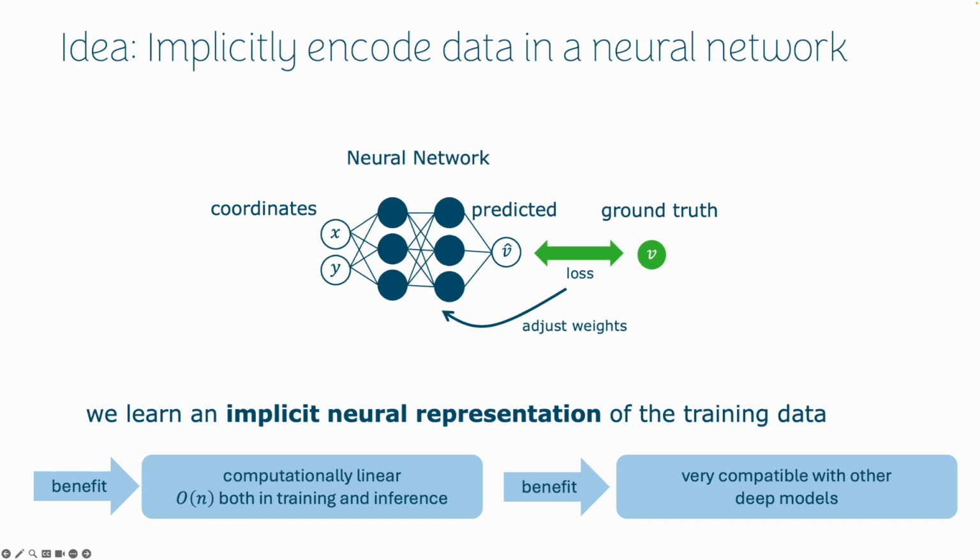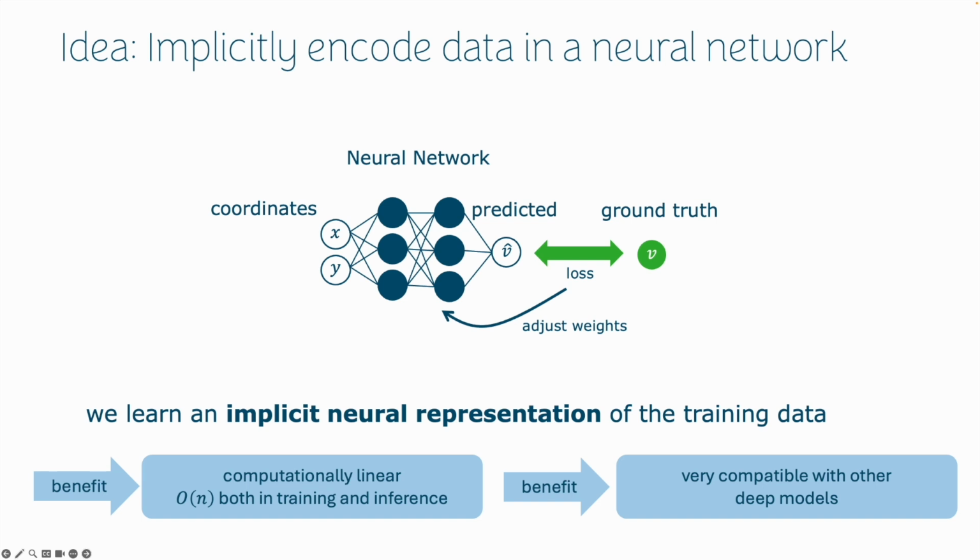And the core idea here is that you do this training once, you encode your training points in your neural network weights, and then you don't have to look up the original training points anymore. You just have to do forward inference through this trained network, because the original training point locations have been already encoded in the weights of this neural network. And after being trained, it's computationally linear, and training is linear, which makes it much faster if you have a lot of points. And it's a kind of emerging field to